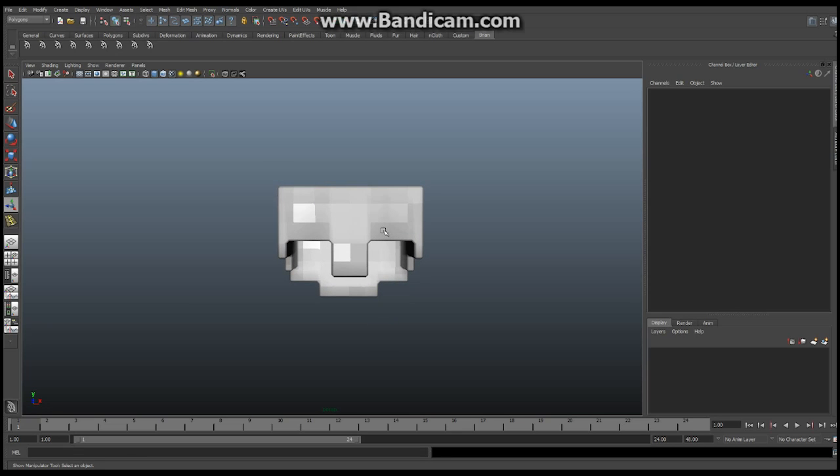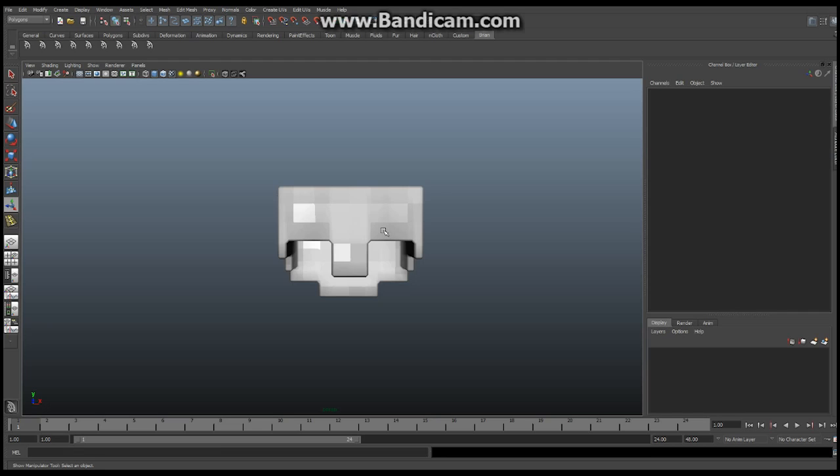So we're going to bring in a character, measure it against the head, and then set up our controls afterwards. Let me show you how to bring a character into a scene. There's a lot of different ways of doing that. You can either open a scene with the character already in it and bring the helmet in, or you can import the character into your scene, which will bring the entire mesh and all the controls and everything,